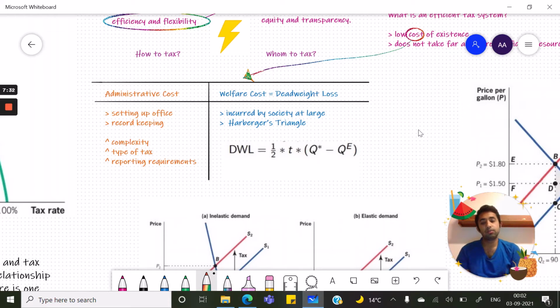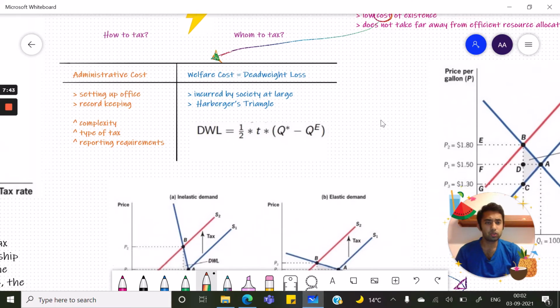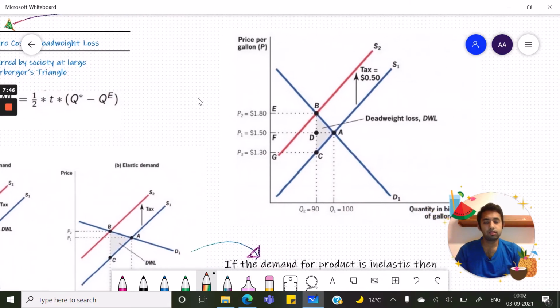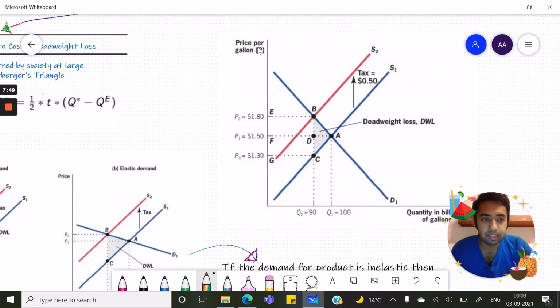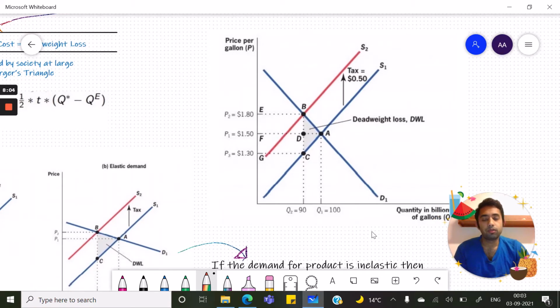And there is also a simple formula for calculating deadweight loss due to any government intervention or any other external intervention in a goods market. So let's see this graph. Now we can see the blue lines, S1 and D1, the initial supply and initial demand in the oil market. Now when the government levies taxes of $0.50 per gallon,